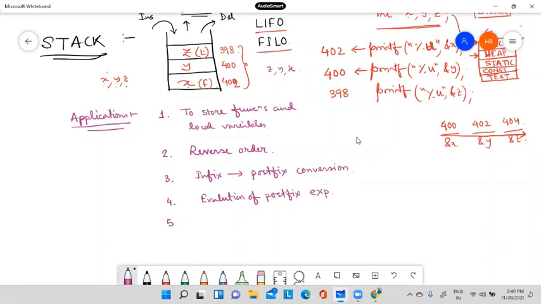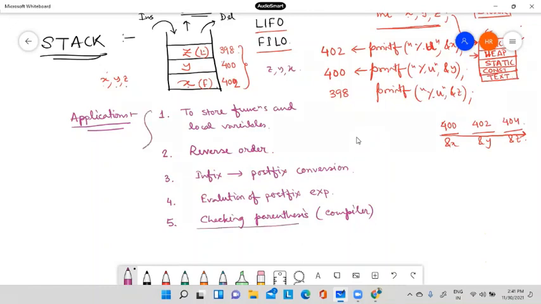Okay. Then another important application of stack is checking parentheses. This is actually used by the compiler. So if you make any parenthesis wrong, curly braces or first bracket, if you make anything wrong in your program, when you compile the code, it will show statement missing, bracket missing. So how is it checking whether the brackets are in order or not? Using a stack. So checking parentheses.